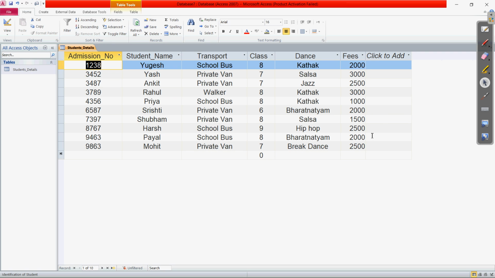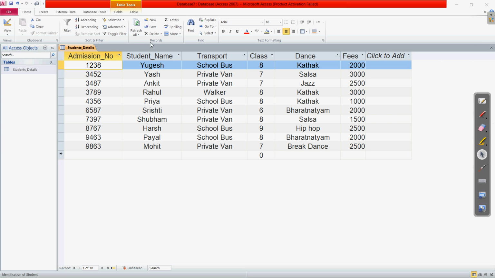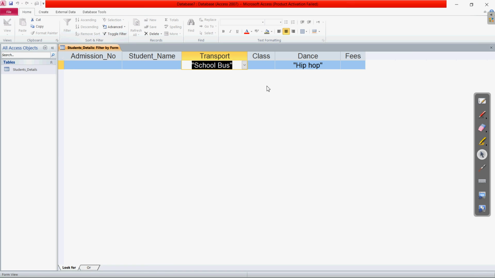So suppose let us come again and see any other detail. If we come to the home tab again and click on advanced, in advanced let us again come to filter by form. Then in filter by form, we can select and remove.